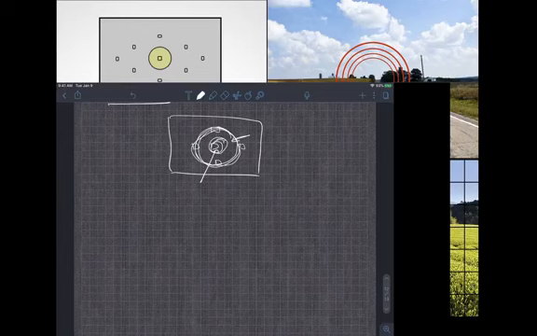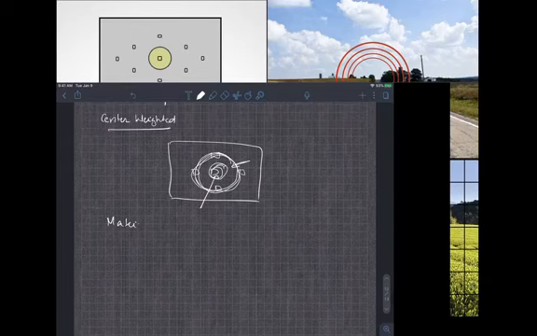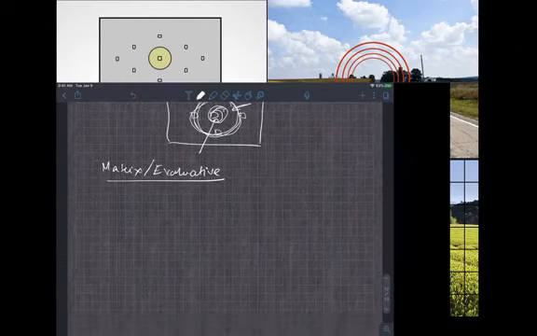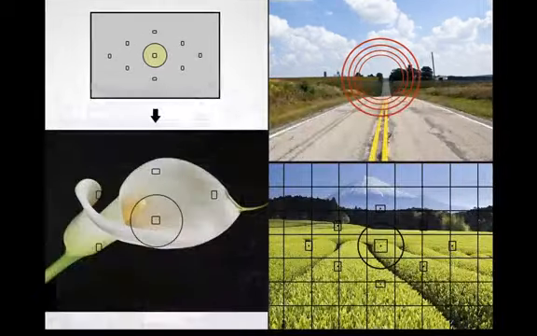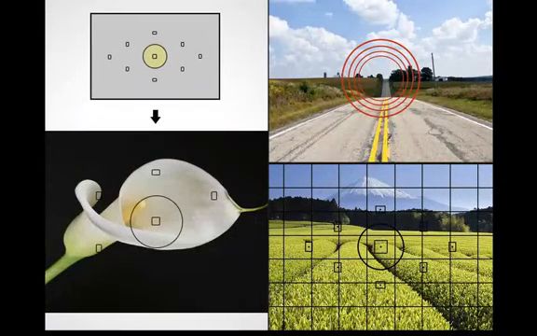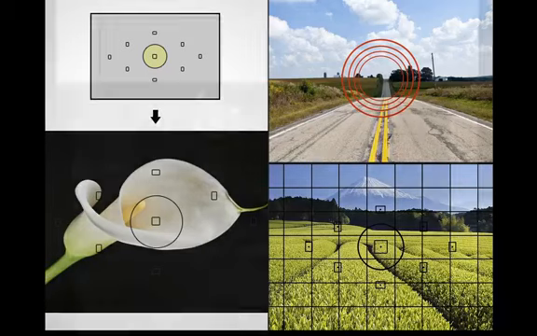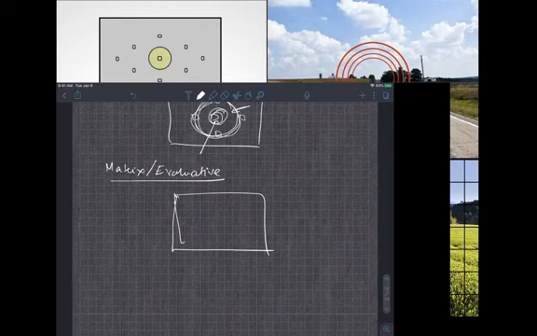And the last mode is matrix or evaluative metering, right? So how does this work? This looks like this. If you look at the bottom right side where all the grids are, that's how an evaluative meter works. Examples of evaluative meters are all your cell phones. My iPhone definitely uses evaluative metering. Almost all modern cameras have a matrix or evaluative metering mode.